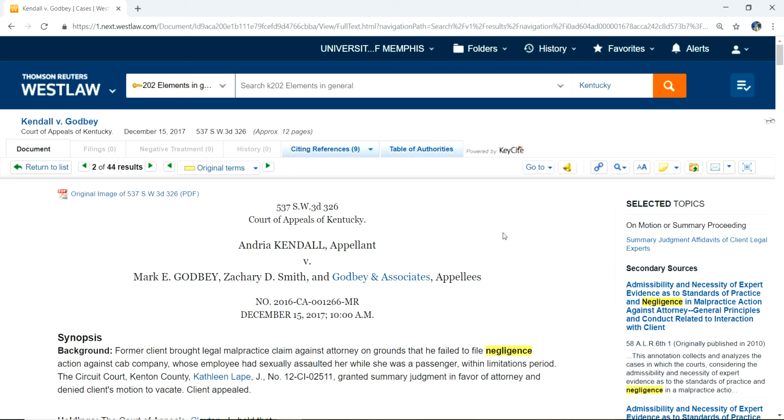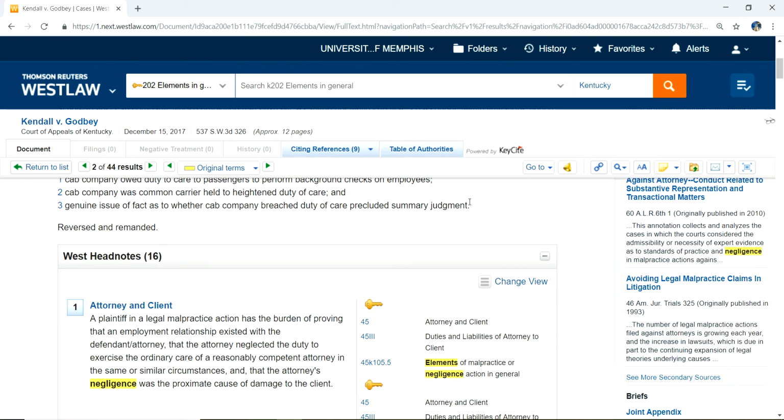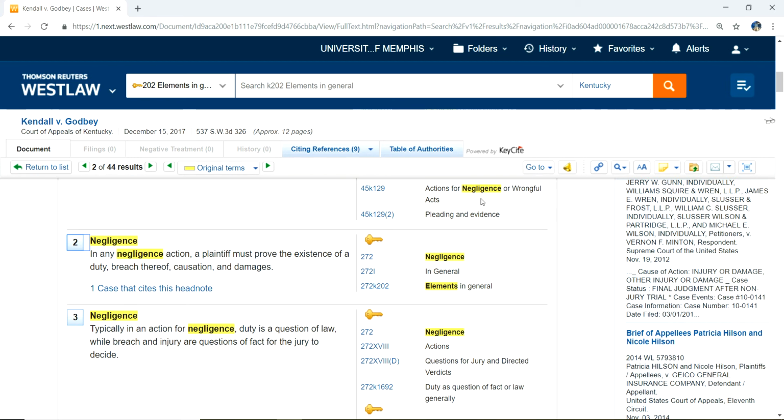And if we go down to the section number, it'll give us a brief overview of negligence, and then we could actually go to that section in the opinion, and what that will do is actually tell us exactly what the elements are. So let me go ahead and scroll down for you. See here in Section 2, negligence. In any negligence action, a plaintiff must prove the existence of a duty, breach thereof, causation, and